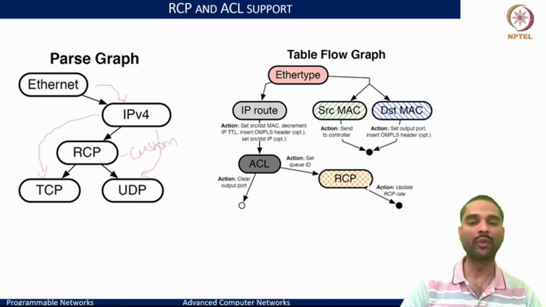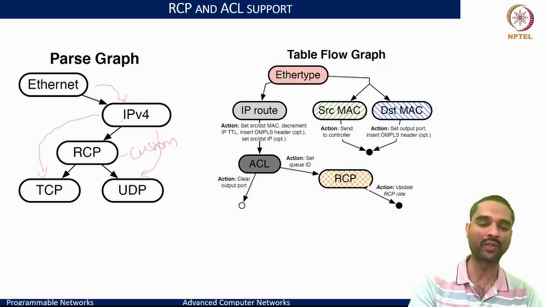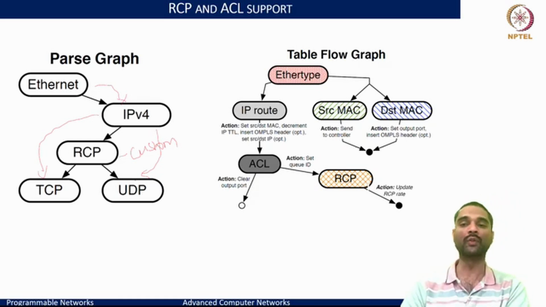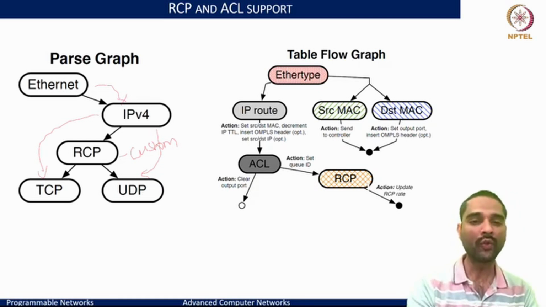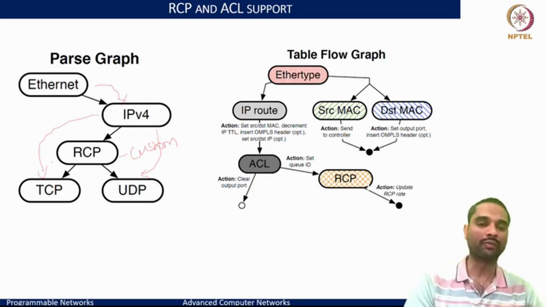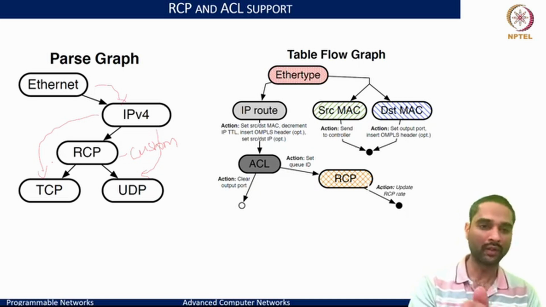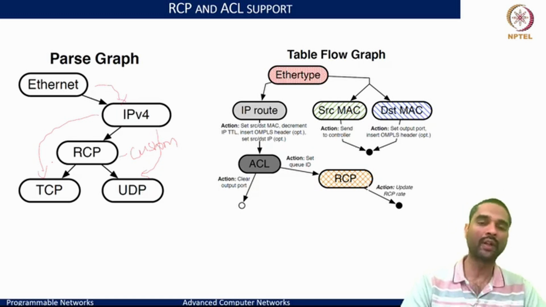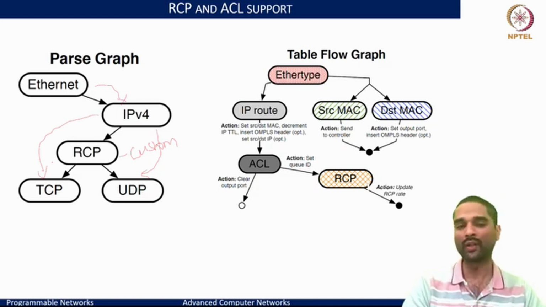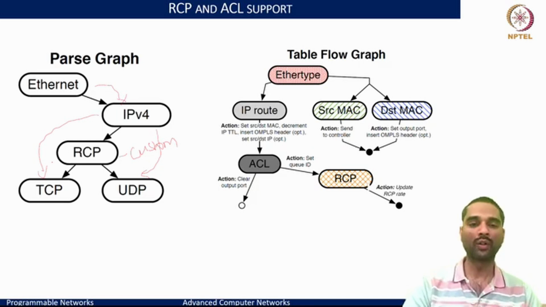RCP that is interspersed between IPv4 and TCP or UDP, then we would be able to do that with this kind of a parse graph which says Ethernet, IPv4, RCP, and then it could be either of the TCP and UDP. And this is how we can now get the benefit and flexibility to match on custom headers, which need not necessarily be the standardized headers, like RCP here, which corresponds to the rate control protocol, and here it is interspersed between the layer 3 and layer 4 header, and we would be able to parse and process them with much more ease by mentioning what would be our parse